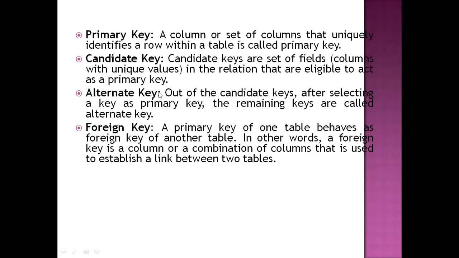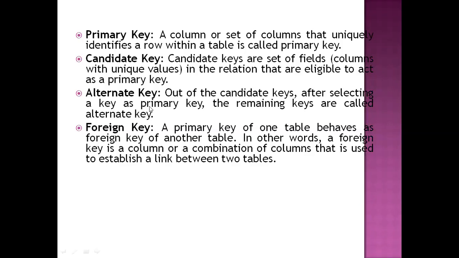So alternate key, what is an alternate key? An alternate key is not a primary key, it is another key. See, I am giving an example of your record: admission number, that is your primary key, right? Your name, your class, date of birth, father name, mother name, your address, telephone number, all related information. These columns are called alternate keys.